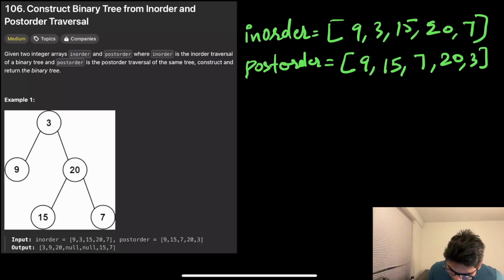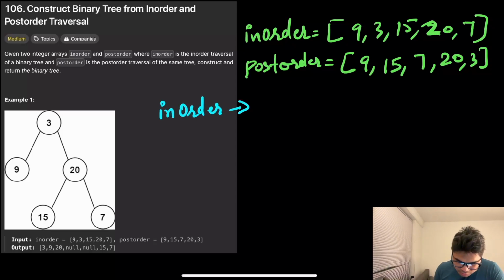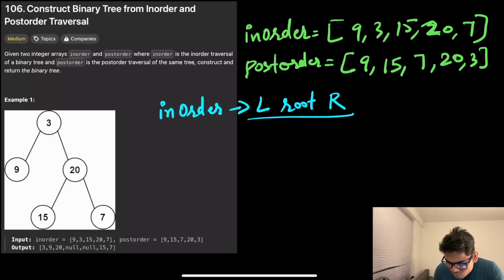Okay, so you won't see any two nodes with a value 9 or 3 or whatever. They're all unique. Now we know that when we follow in-order, the way we visit nodes is basically left, and then we visit root, and then we visit the right subtree. Okay, and then post-order is basically